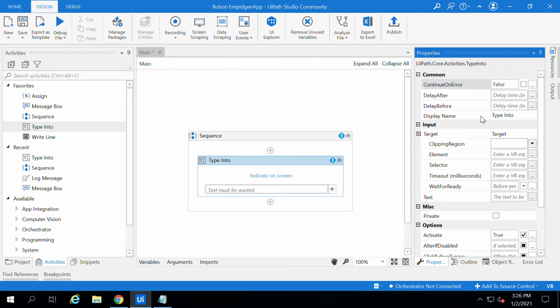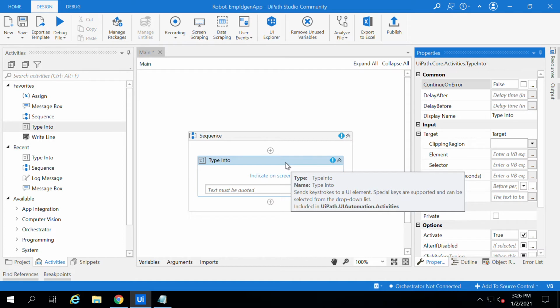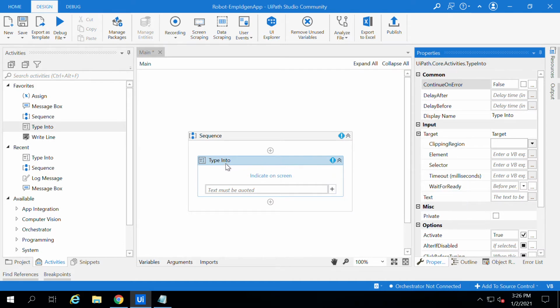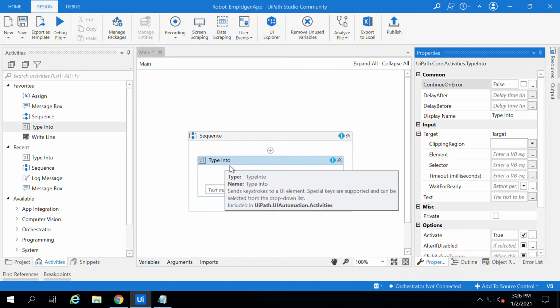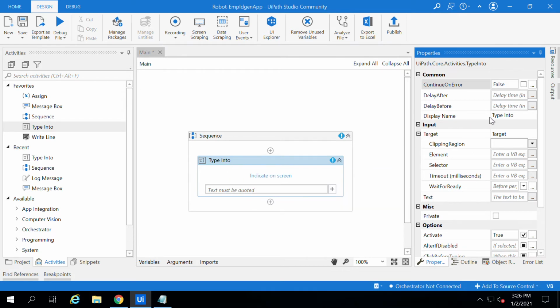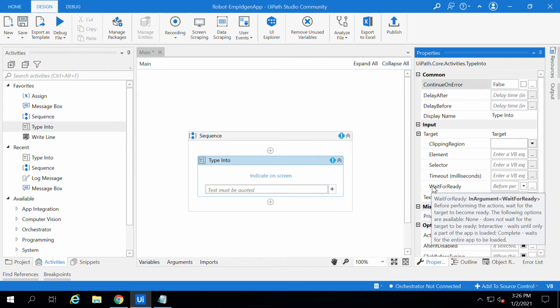The display name is the activity's name, the activity's header. So for type into, we can modify the value either from the activity itself or from the display name in the properties window. There is a target section. Here we will see the selector in a further session. And there is wait for page load. In some cases, the robot needs to wait until the page completely loads.